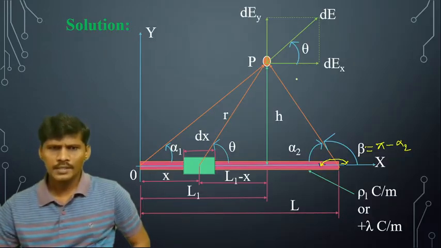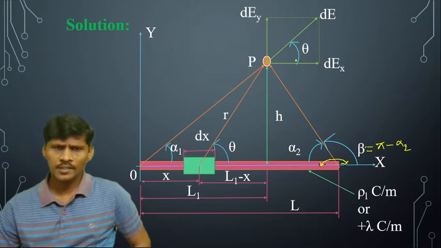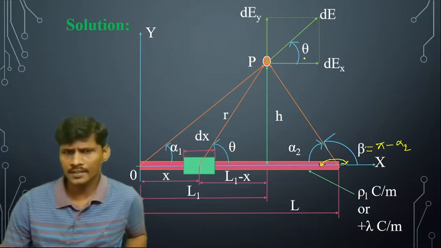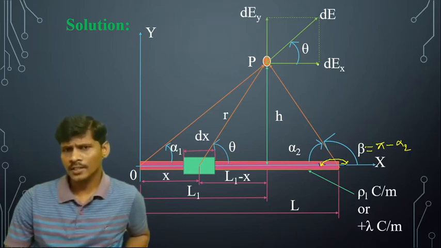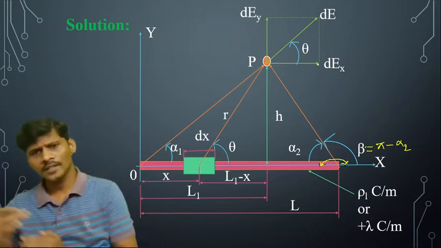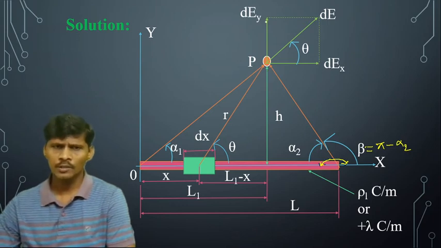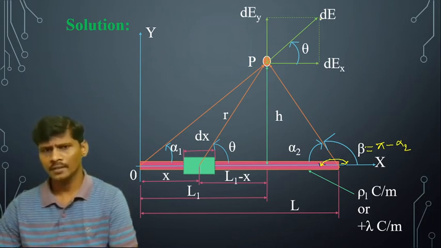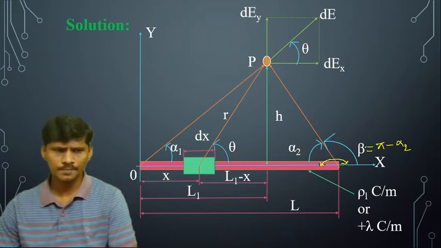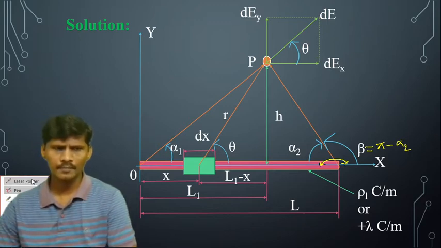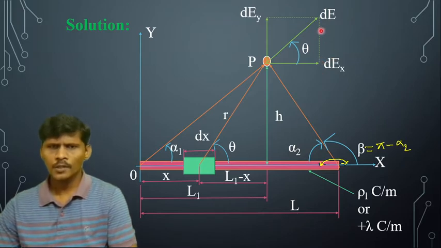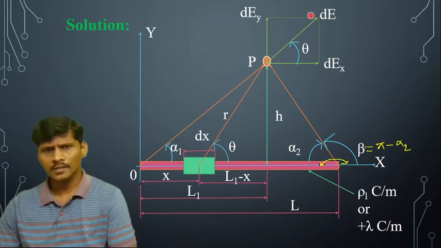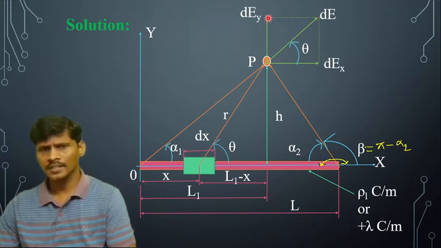Okay, so this angle is theta and this angle is the same. From this figure, calculate cos theta and sin theta. What is this distance dx? The dx is along the x-axis direction, and this dy is along the y-axis direction, and this is the resultant field dE. Because of that, this is dE, and this is parallel to the x-axis. Because of that, this is dEx.